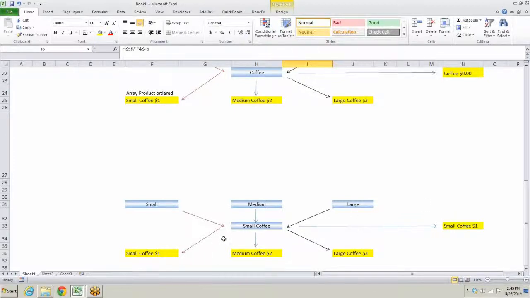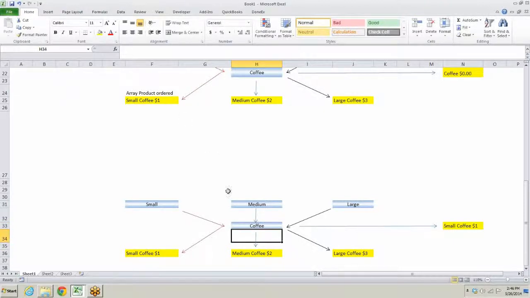Now, you may have noticed as I was describing this, it sounded a little bit confusing. What does it mean to hit medium small coffee? That's sort of confusing sounding. And in fact, when we first tried this setup, we got complaints from the customer. He said, my servers don't understand what it means to hit medium small. What is medium small? So to get around that, you just change the button